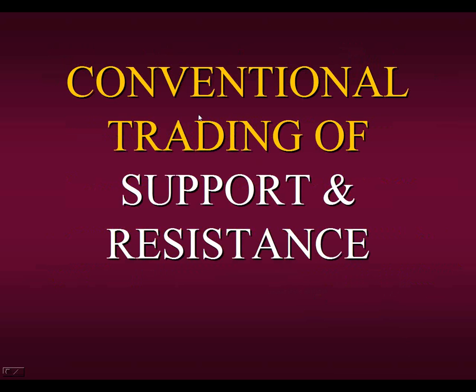This is the way we've been taught. This is the way the majority of people trade support and resistance, or some faction of it. This is basically the way in which to look at support and resistance. Here's the standard definition: support and resistance is a concept in technical analysis that states the movement of the price